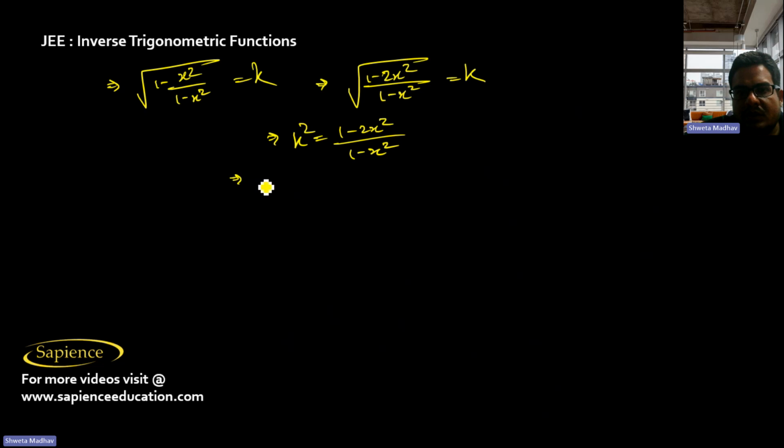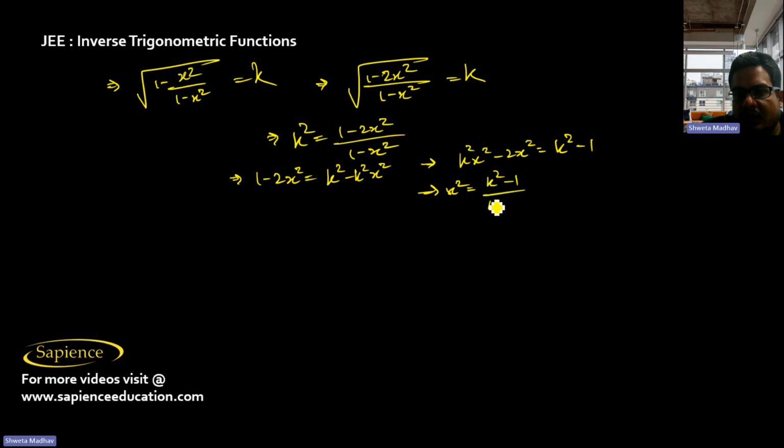So now we can say 1 minus 2x square will be equal to k square minus k square x square. So then I can say k square x square minus 2x square will be equal to k square minus 1. So it means x square will be equal to k square minus 1 by k square minus 2. So now